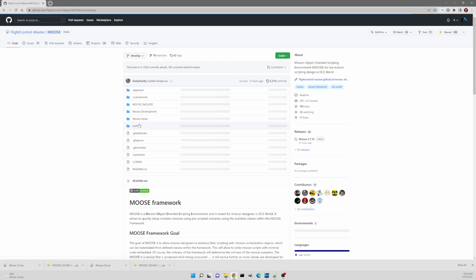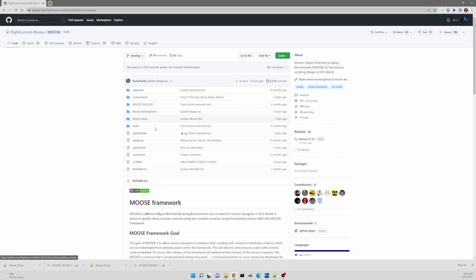So if I select this and it reloads, it has loaded another version of Moose that is ahead. If you see here, this branch is 1030 commits ahead and 143 commits behind the master branch. So all the latest things that have been developed in Moose are in this dev branch. It's not well documented at the moment because it's still under development. So some of the newer features of Moose, the documents aren't complete. However, the actual Moose lure itself